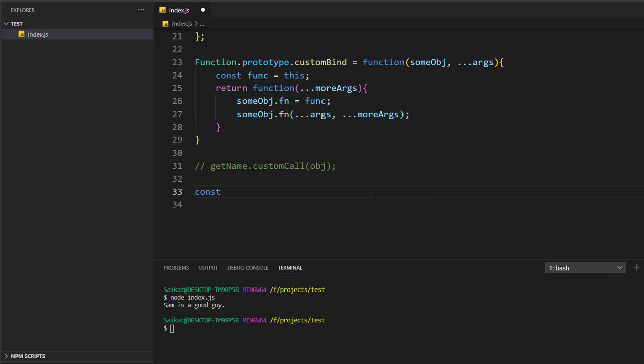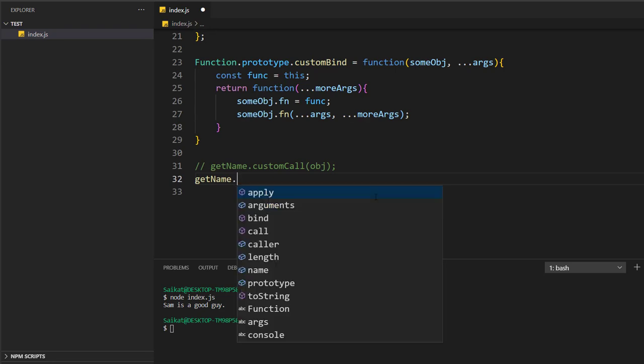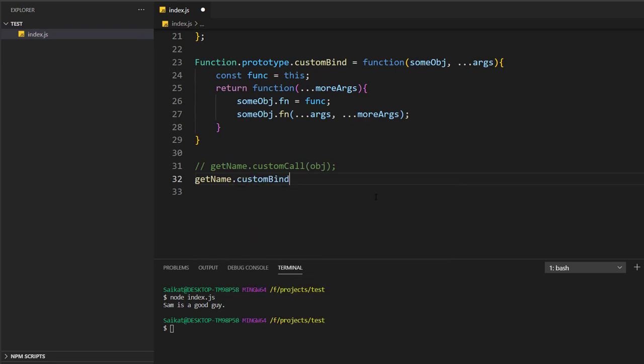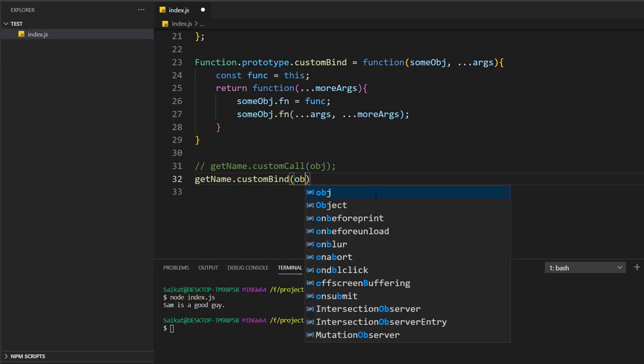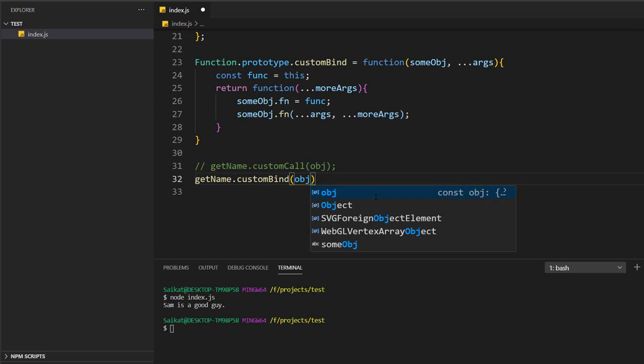So whenever I call this get name like this, getName.customBind on obj, and I'm not passing any more arguments now. Whenever I write it like this, I'll be getting a function, right?